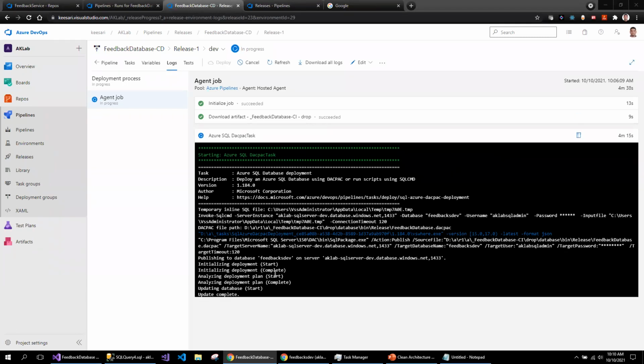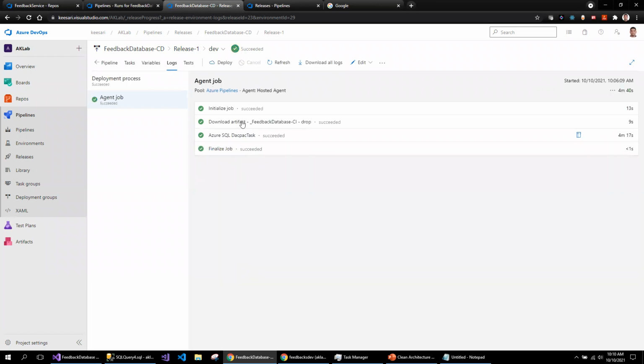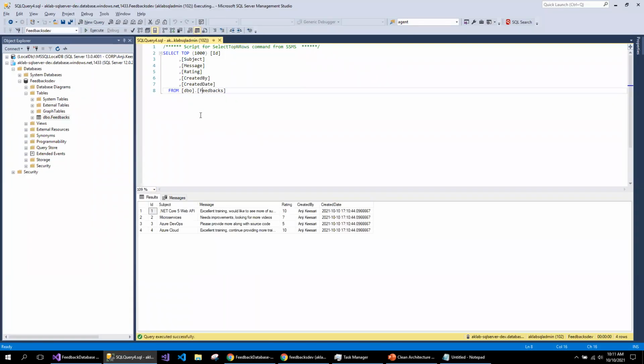So normally this should not take such a long time. I see almost taking 4 minutes. But finally it happens. So this is unusual, but normally it takes less than 2 minutes. Maybe for the first time it's taking more time. Now I see my database is back.